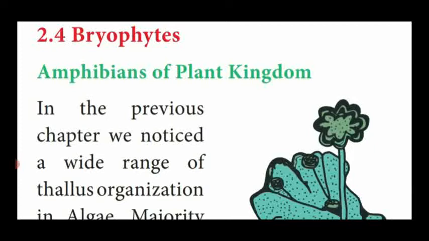And also these bryophytic plants are known as first terrestrial plants. Before, we have seen algae, most of the algae which are living only in water, isn't it? Those are named as aquatic organisms. But this is the plant division which is living on the land region. Not only land, they are showing the habitat of water also. So they are named as amphibians of plant kingdom.